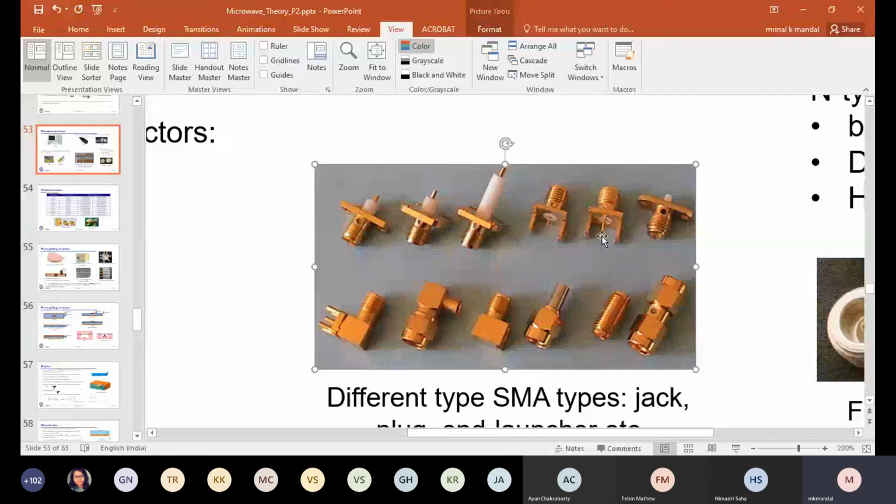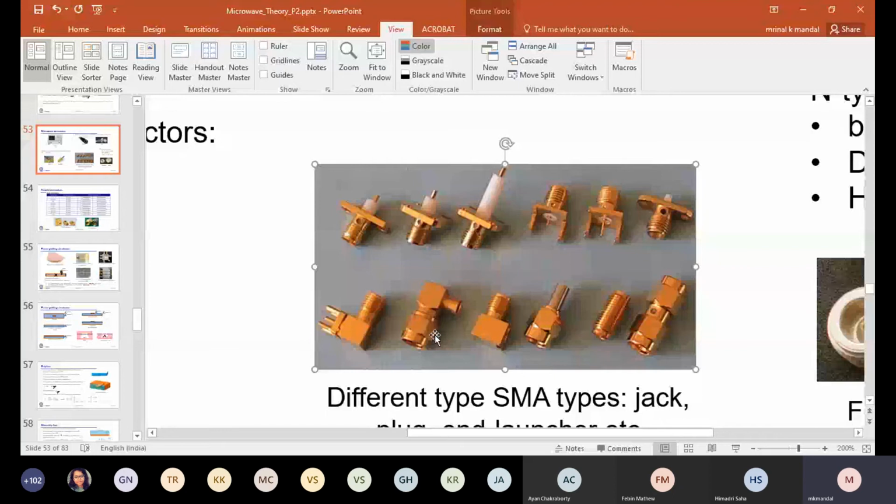Okay. Now, by mistake, I also included SMB and SMC here. Typically, SMB and SMC go up to 6 gigahertz, low frequency. Internal dimension more or less remains the same. The difference is that SMB and SMC are press fit. They don't have any thread. If you look here, bottom and from left side, second picture, it is basically an adapter we call. One side is SMB, another side is SMA. Inside we have thread. It is an adapter.